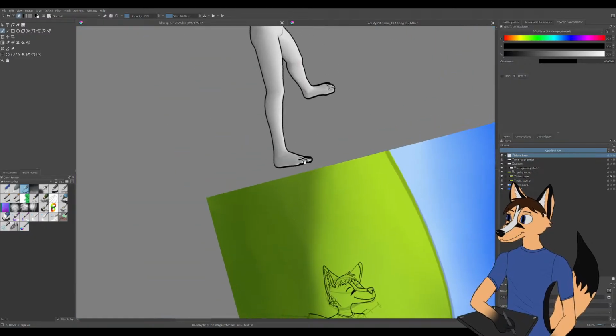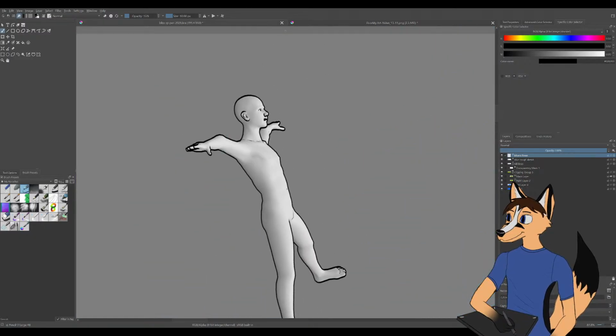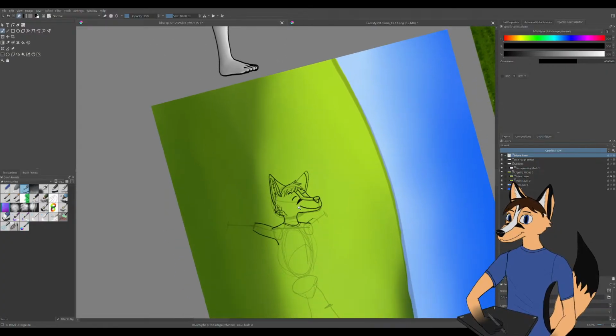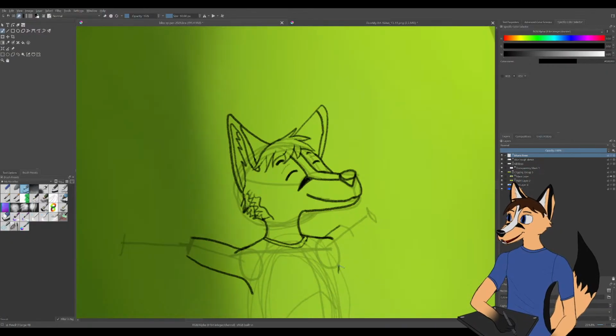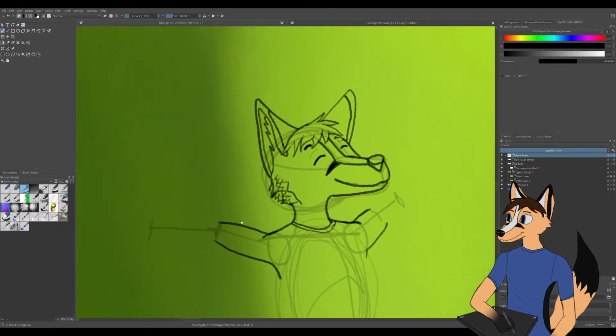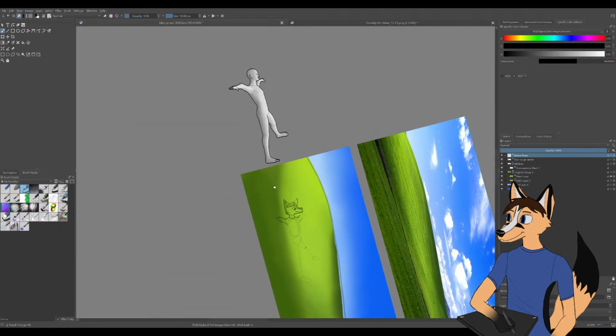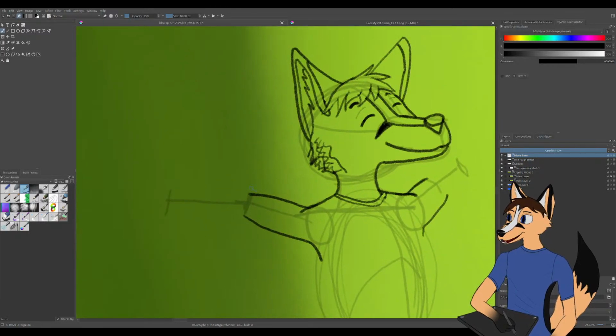Now would be a good time to look at my reference. Let's see. Because I need to figure out the shapes of his muscles and stuff in this pose that he's in, especially in the perspective. It's a little bit weird, but I think I've got it mostly here.